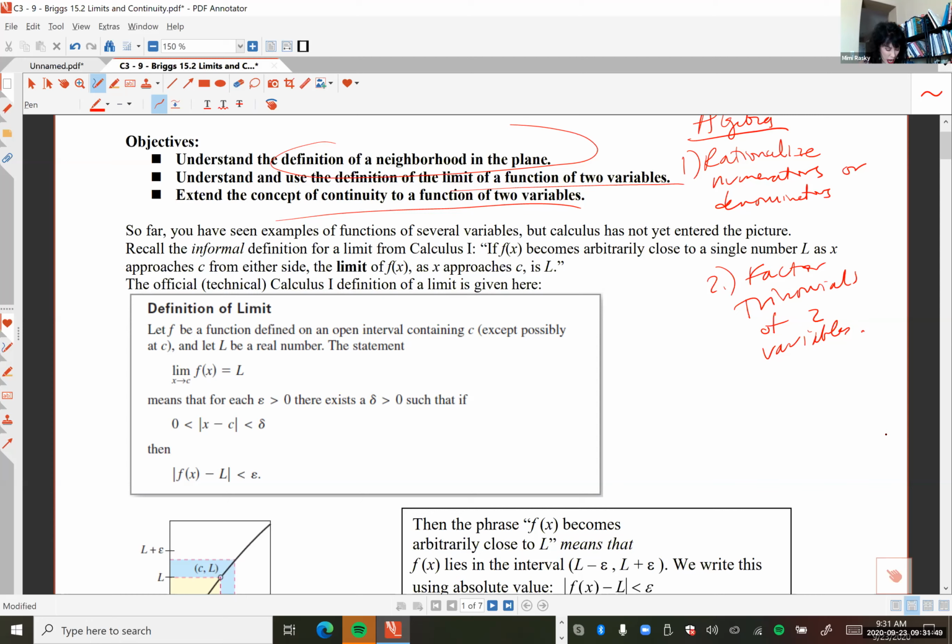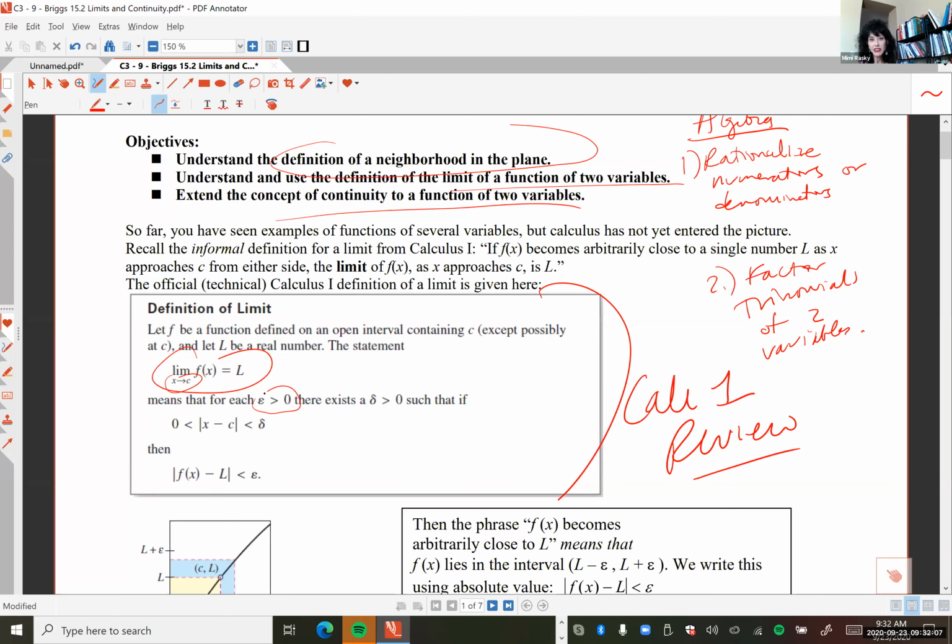All right, let's do a Calc 1 review. In Calc 1, you learned that if the limit of f of x is equal to L as x approaches some number c, the official definition is the following. It means that for every epsilon greater than 0, epsilon is usually some very small positive number like 0.01 typically, there's a corresponding delta, also a small positive number, such that as long as x is within a close distance of the number c, so the way they do distance in mathematics is they take the difference and then they take the absolute value. That just means the distance between x and c